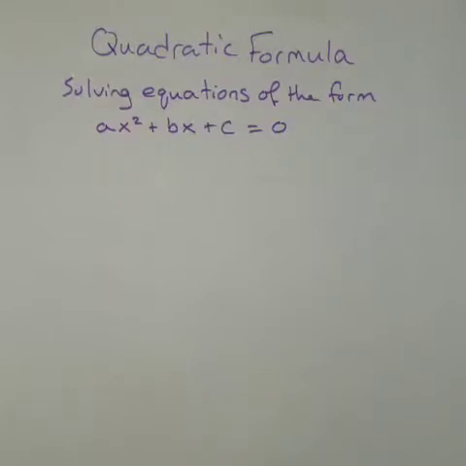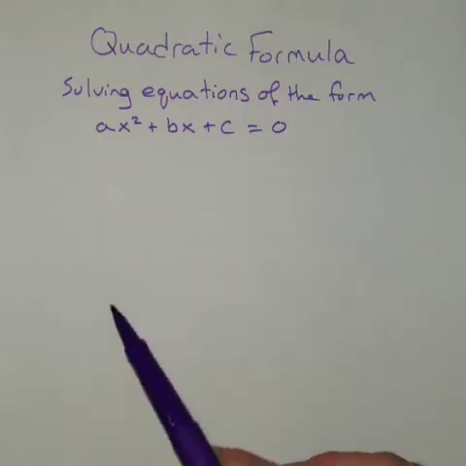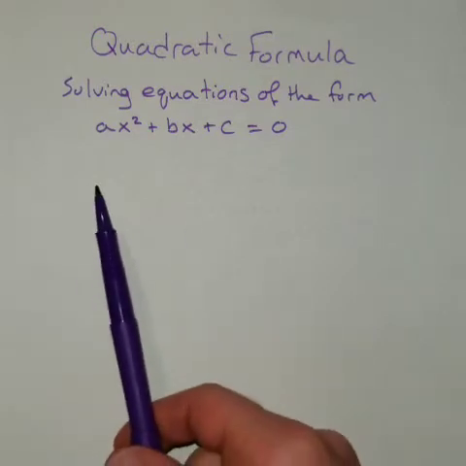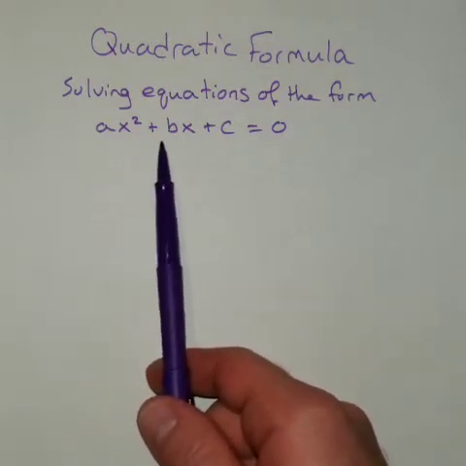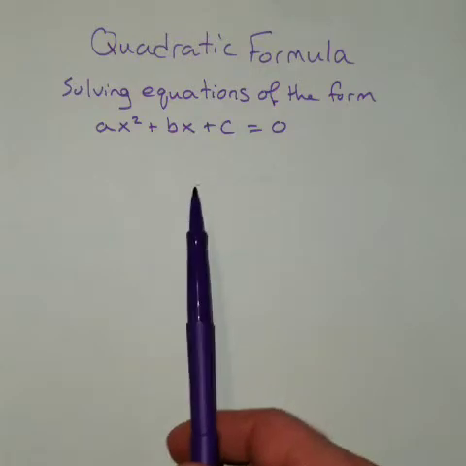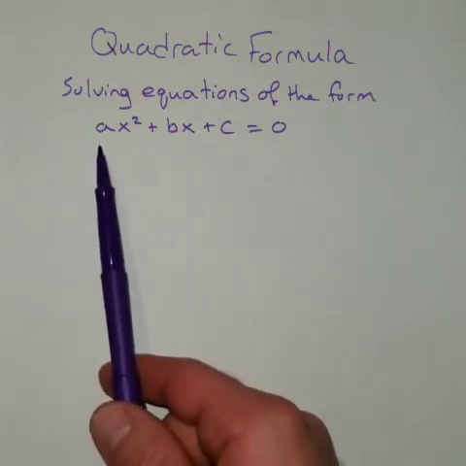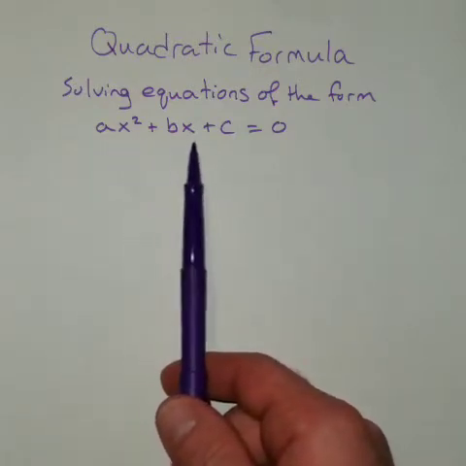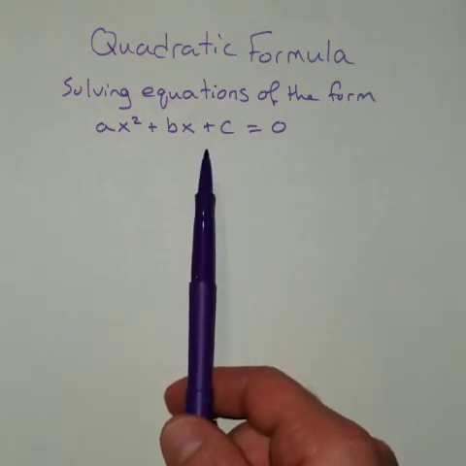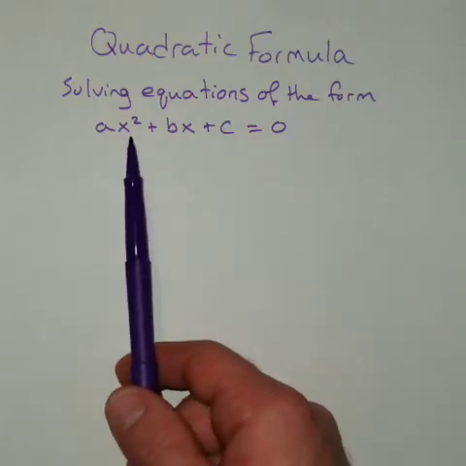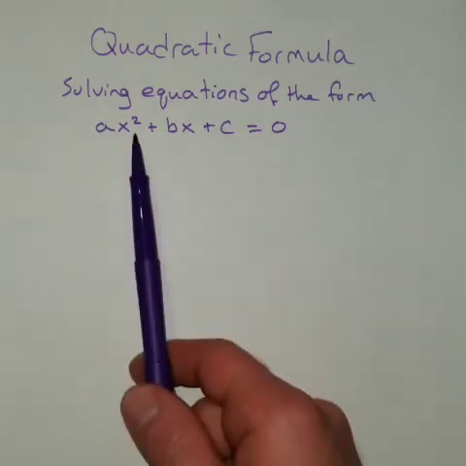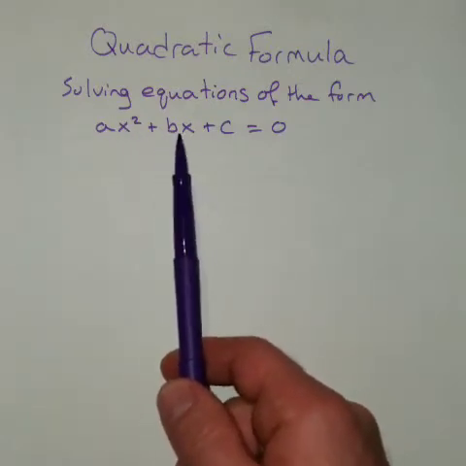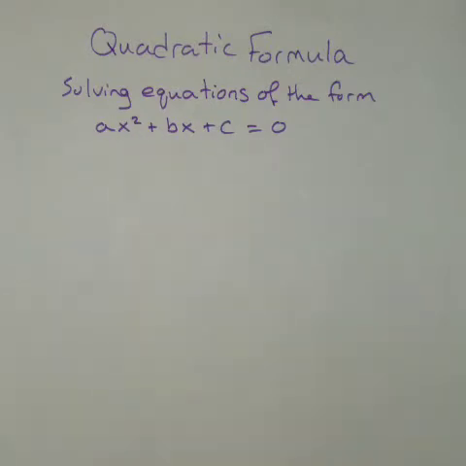Alright, in this next section we're going to be solving something called a quadratic equation. A quadratic equation is an equation in the form ax squared plus bx plus c equals 0. Now on the left side here, this ax squared plus bx plus c is simply a polynomial of degree 2. So there's a degree 2 term, a degree 1 term, a constant, and then a 0 on the other